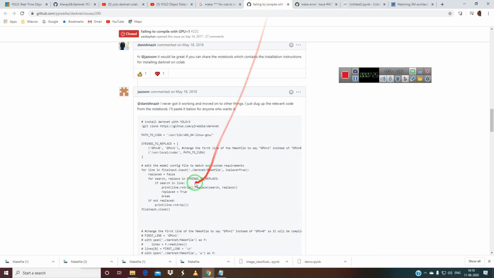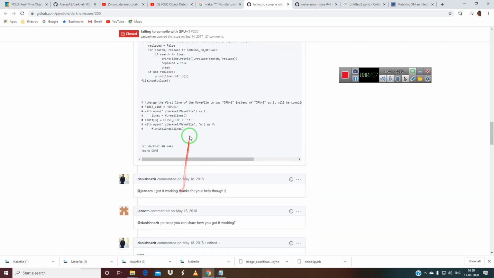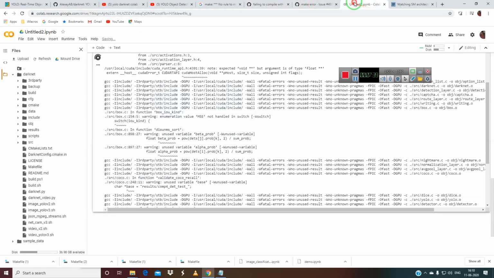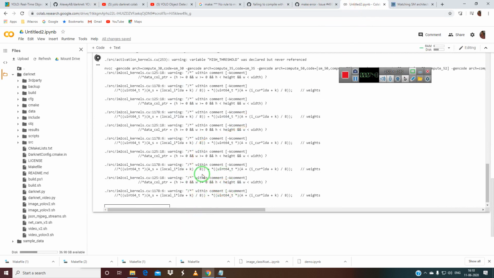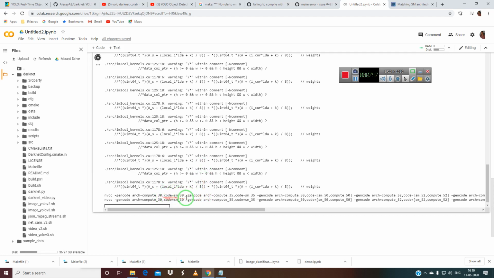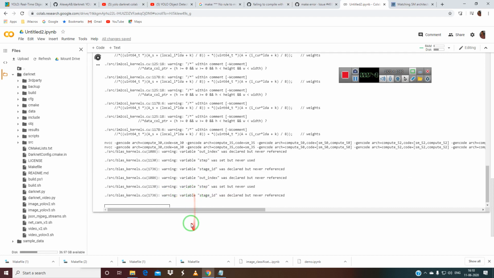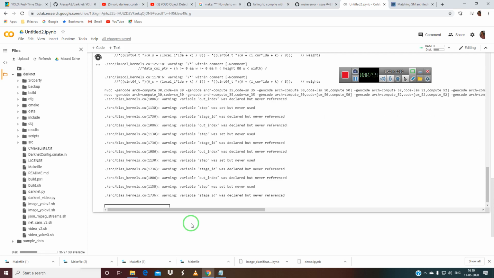Get here and install YOLOv3 with git clone, give the path of this, and follow these steps. Echo is nothing but setting the environment variables here. It is just compiling. As you can see, the gencode architecture is also given. So far no problem.